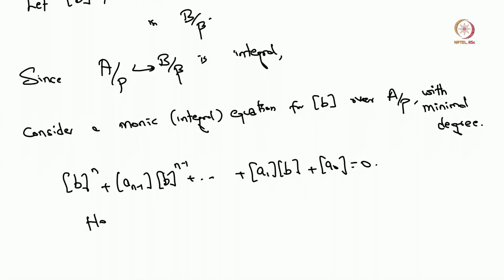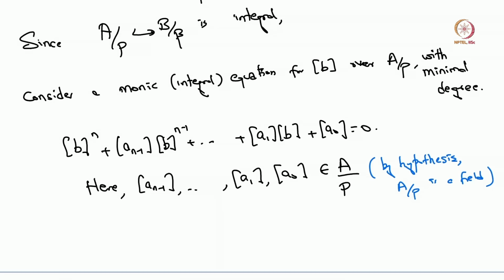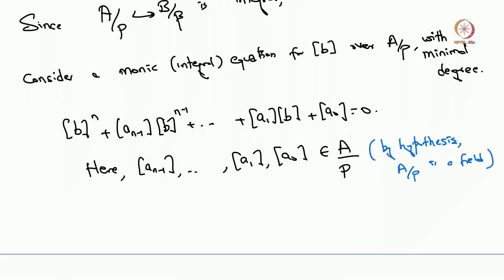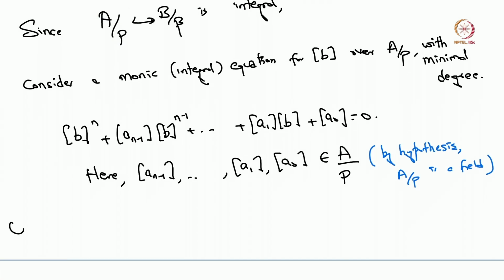And here are the coefficients, they belong to A over P, and in this case by hypothesis this quotient is a field. So we assume that we're proving the direction where we assume that A over P is a field, and we want to show that if you have an integral extension where the base is a field, then B over beta is also a field. And so, observation,